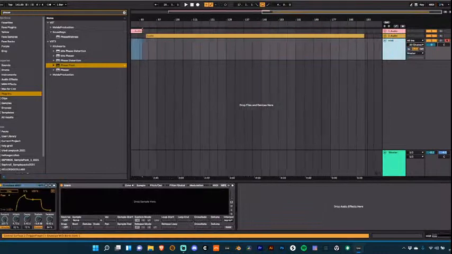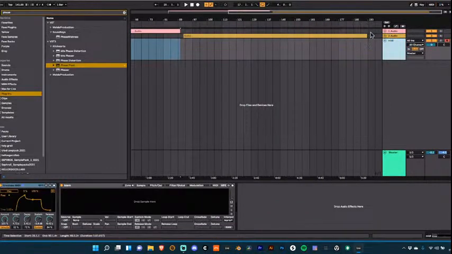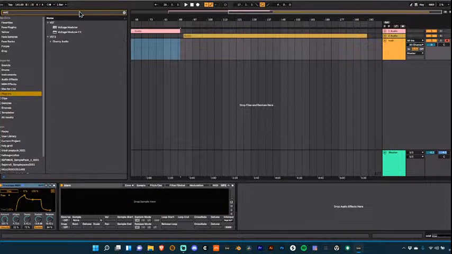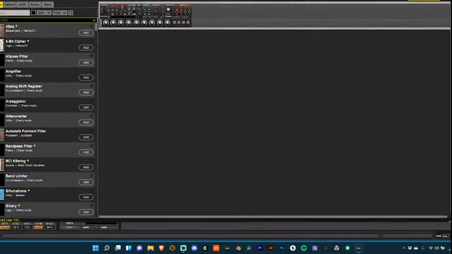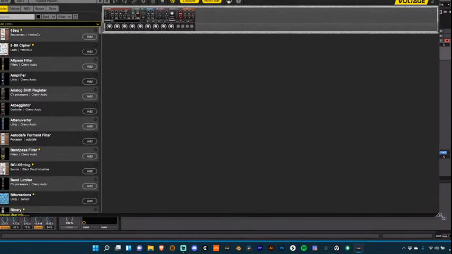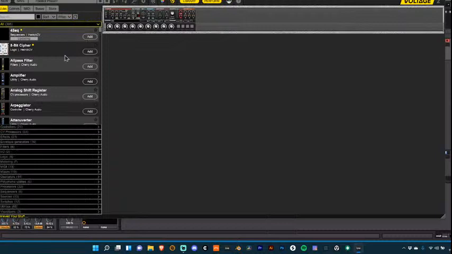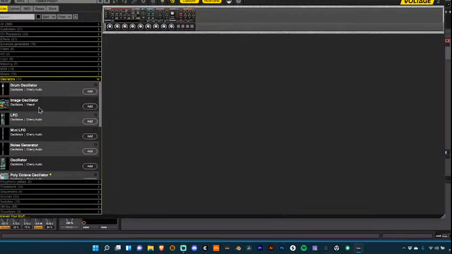Obviously the best software for doing this kind of thing is probably VCV Rack, but VCV Rack can't be loaded into the DAW yet, so I'll grab something like Voltage Modular. Modular is just a bit easier to do this kind of thing with. So let's go for an oscillator. So we'll use